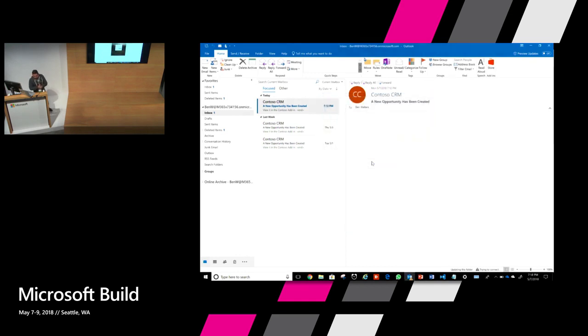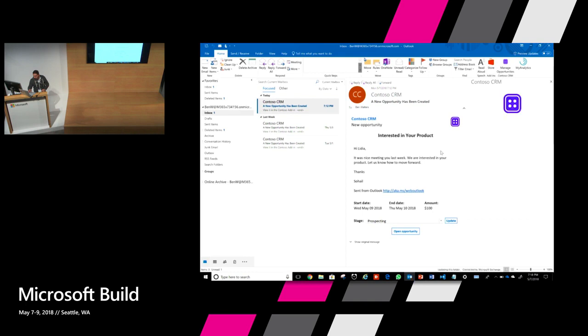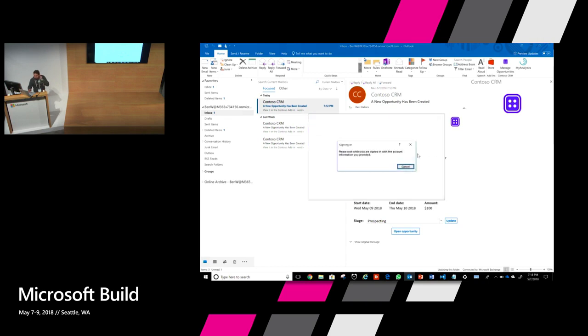But anyway, you'll see that, yeah, it's logged in. And if I click Open Opportunity again, it launched the add-in. And now it's retrieving the permissions.